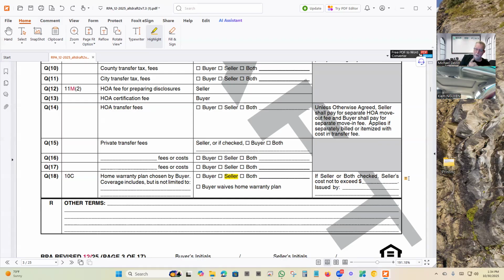If you're the buyer's agent and you're purchasing one for your buyer, you would check buyer waives the home warranty, because we're not putting it in the contract and it's a credit you would make in escrow. And by the way, get them the best plan available. Get them the Platinum Plus plan, because you're doing this so that you would have some way of contacting them, but also because the home warranty company is going to send marketing materials with your name on it to that buyer